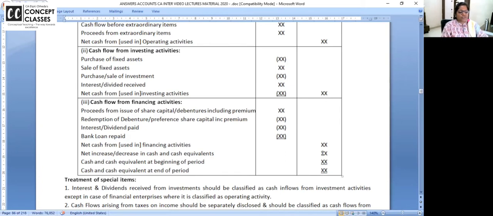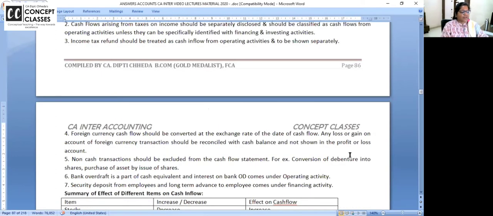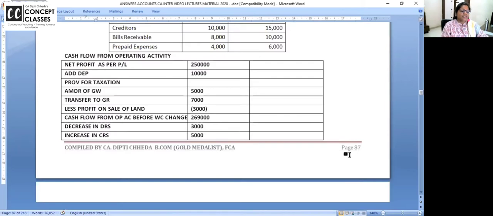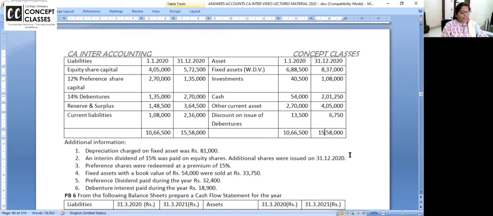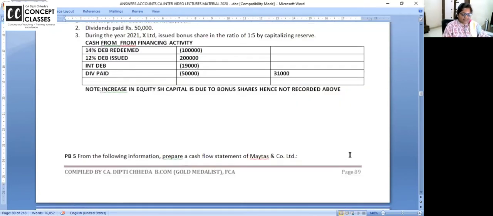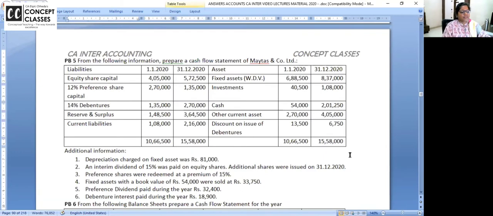Opening, closing malum hai, the change in the cash and cash equivalent, this figure where my cursor is, ये तो you can calculate and then ऊपर से total करके देखो कि tally हो रहा है या नहीं, right? There are some special informations and all, we will take care of that. Chalo, let us do a full-fledged problem. How I'm reading the problem, how I'm making the accounts. Just pay attention to all of that in problem number 5. We are doing problem number 5 now in class. Yes, right. Chalo, here we go.